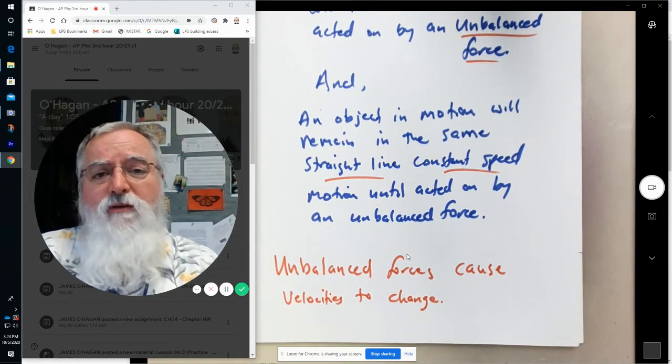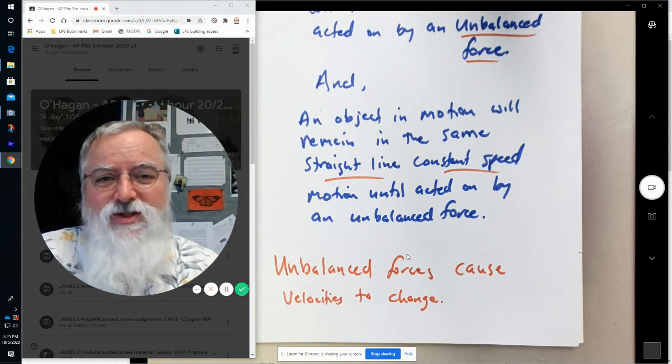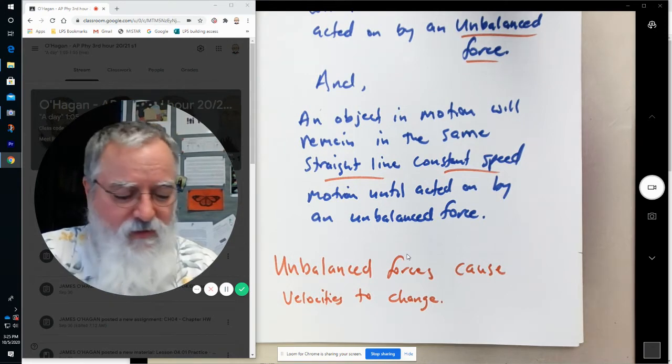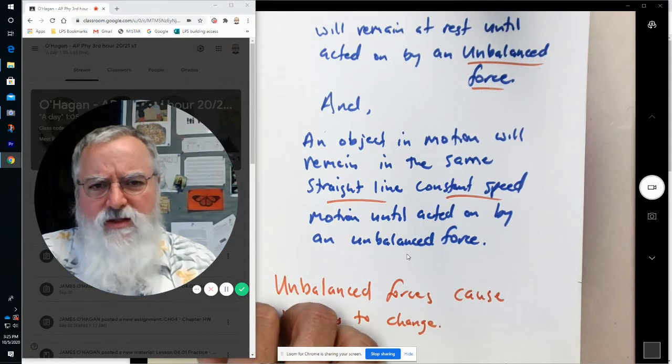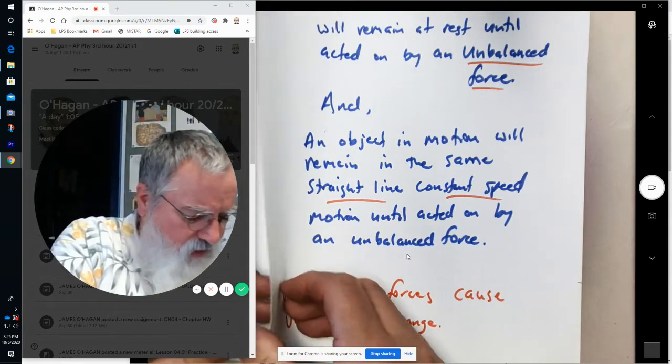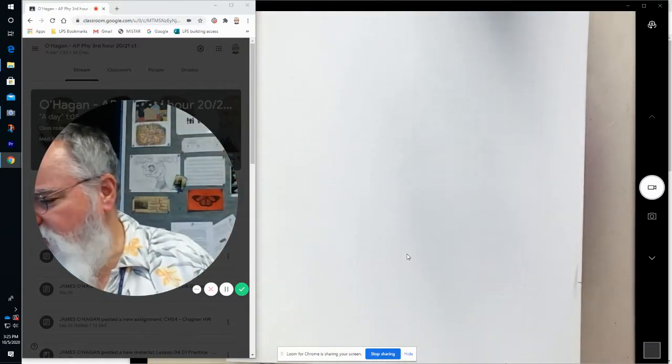It's called the law of inertia. Inertia is that property of an object which has it resist changes to its velocity. Okay, there's Newton's first law. Not a whole bunch of problems to go with this. It's just an idea that you've got to know. All right, so now that we're done with Newton's first law, let me flip my page here,